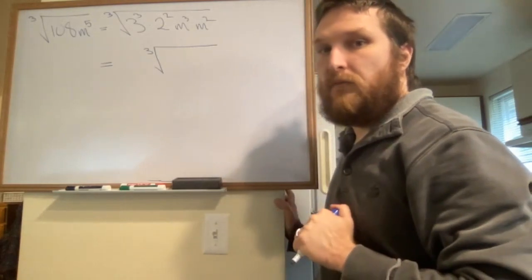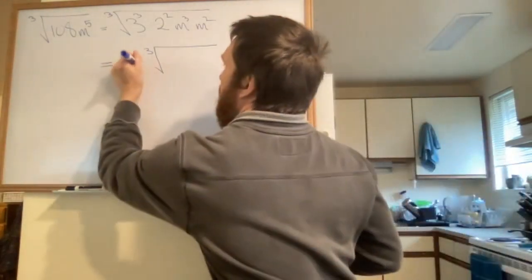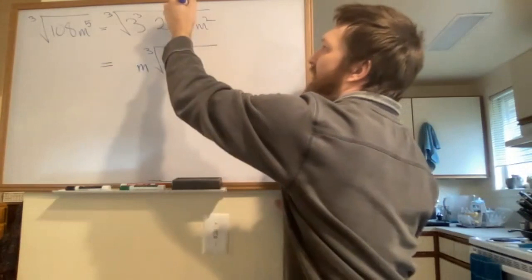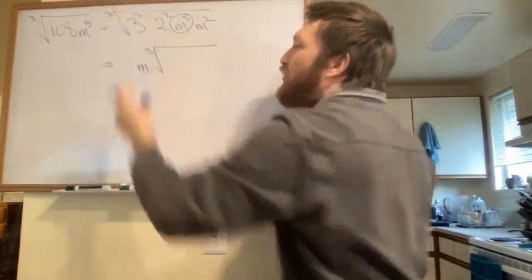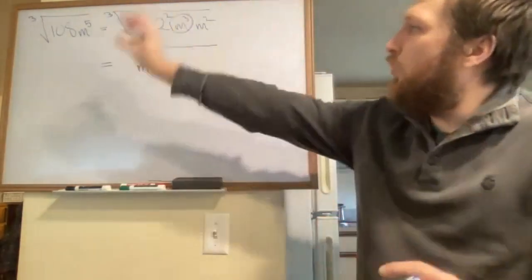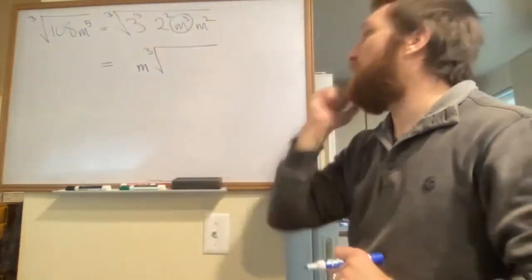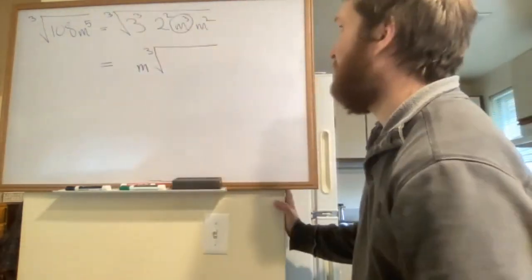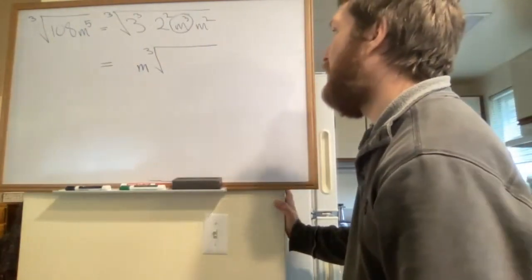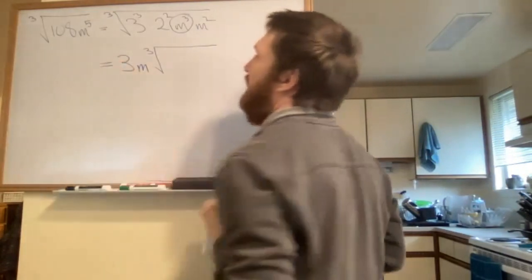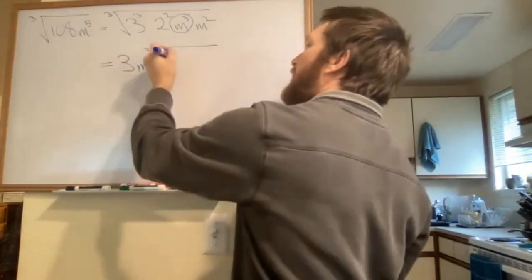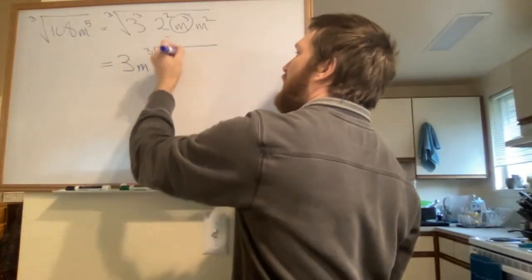We could pull out an m, because that guy is m cubed. You're taking the cube root of m cubed, and so he comes out as 1m. What's another cube we could pull out? 3. 1, 3, right? We have 1, 3 there that we can pull out, leaving me a 2 squared and